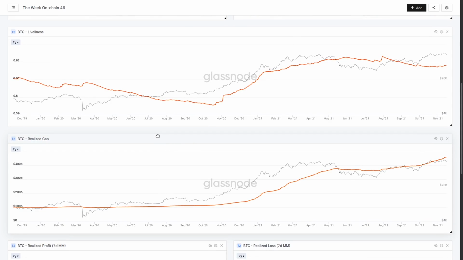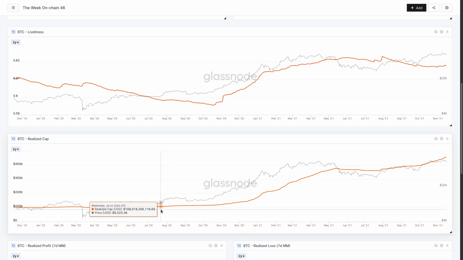So whereas liveliness is looking at the lifespan, the overall macro trend of coin day destruction, the realized cap is looking more at a dollar value. So it looks at every single coin in the supply and values them at the time when they were last spent. So if a coin was withdrawn at $10,000, it is essentially stored at that $10,000 level until it is spent again. Now, in a very similar way, we tend to have this very flat realized cap during bear markets, because if you look at a bear market on a big picture scale, even 2018 through to 2020, we traded between 10,000 and 3,000 for a number of years.